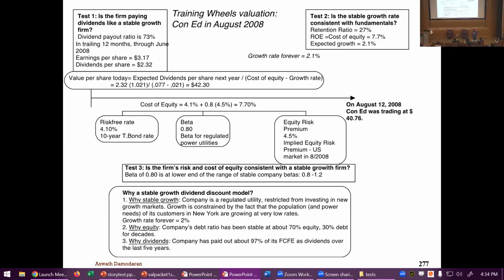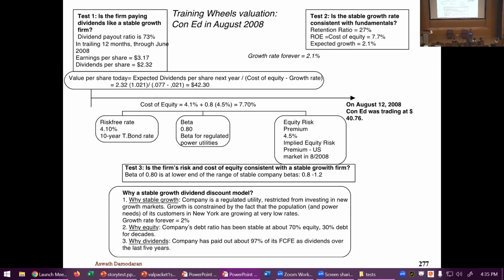So Con Ed, to raise prices, has to go in front of a legislative committee, the New York Assembly, and tell them why they want to raise power prices by 5%. And you know how the regulatory committee decides whether to give them a pricing increase or not? They look at the return on equity that Con Ed makes and compare it to what the CAPM says. This is one of those places where the CAPM actually has an actual effect, because if the model says 11% and you're making 10%, you might be allowed a price increase, but if you're making 15%, they might say no price increase.